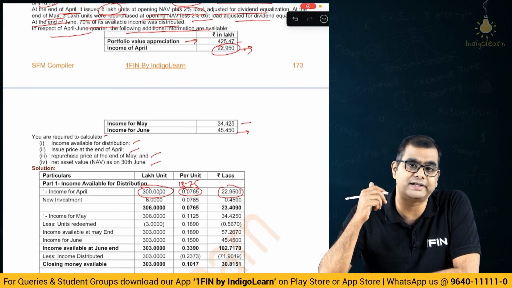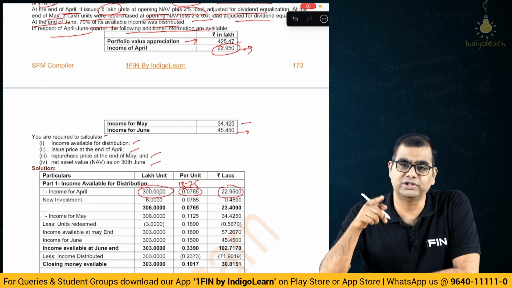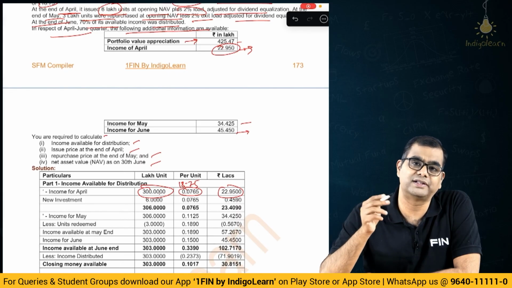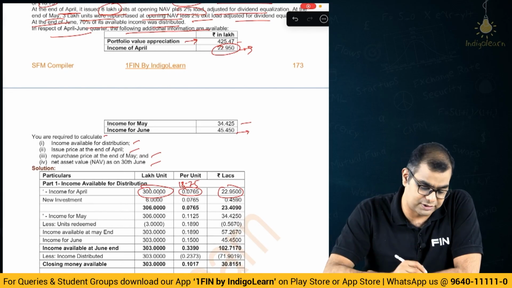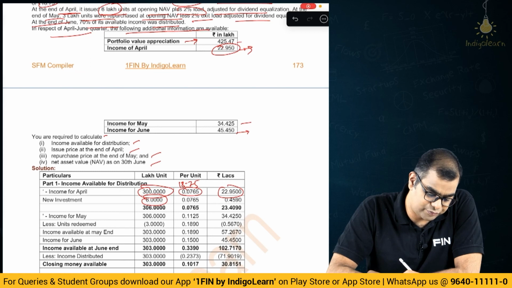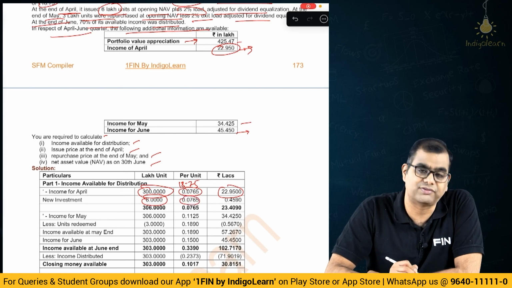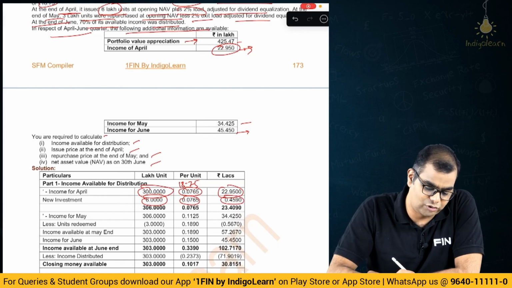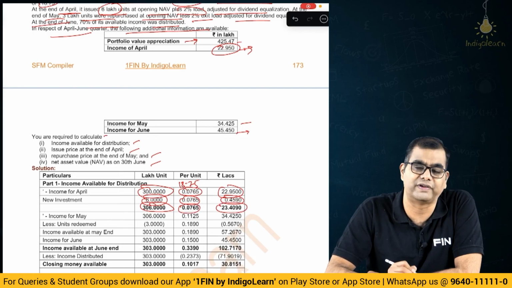Right, so they are not entitled, but they are buying units. So what they will do is, along with the NAV, you will also collect the amount of dividend, or income, that is earned during that month. So for 6 lakh units, you collect 0.0765 from those new unit holders. You will collect 0.459 lakhs, and so your total units are 306 and 0.0765, which is the dividend, and the total value of income is